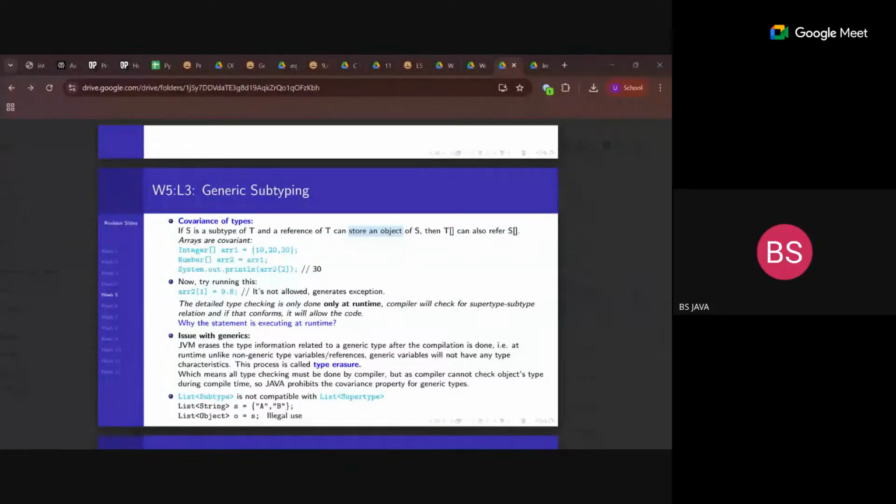So covariance means, let's say we are taking integer, which comes under number. Super integer means we can give any super type of integer, like number or object, whatever it could be. You can use that. So that is what covariance is. Covariance means it is just related to one another. Okay. So to denote the covariance,